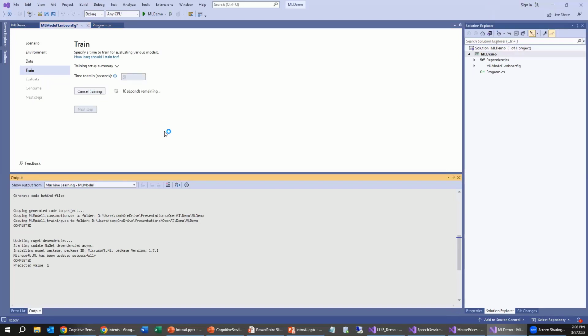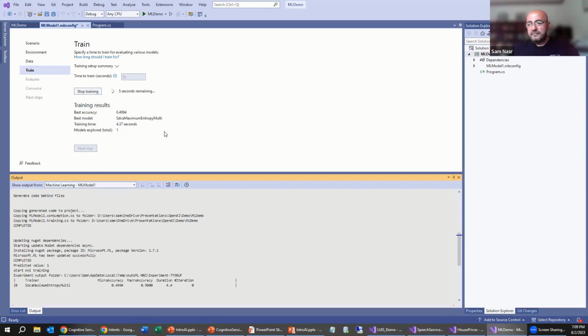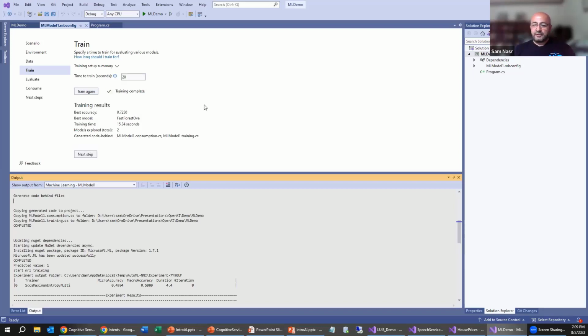Hey, Sam, I have a question. Sure. You're using Visual Studio, which I know is a pretty powerful IDE. Have you done any of this with just VS Code? But you certainly could. Like I said, there's multiple ways of creating the project. One of them is through the command line interface, and so you could utilize VS Code for that. I personally am a big fan of Visual Studio because you have the entire tool set, a very rich experience.